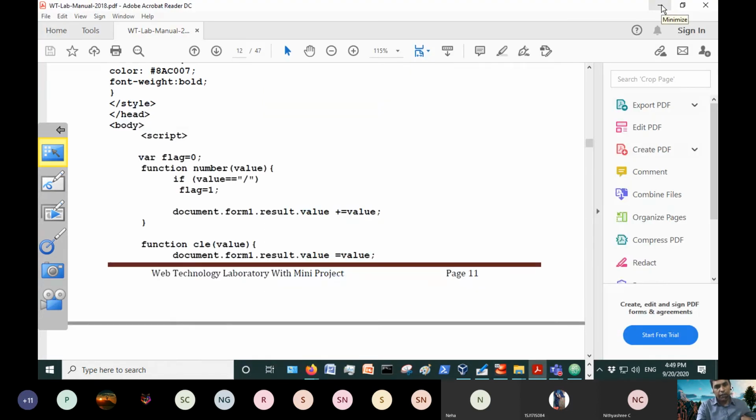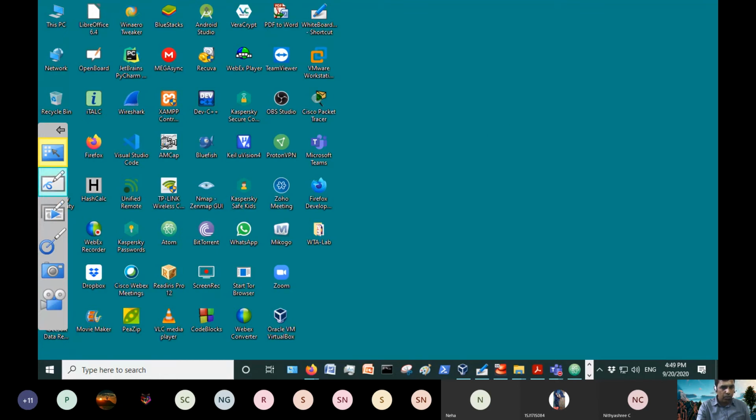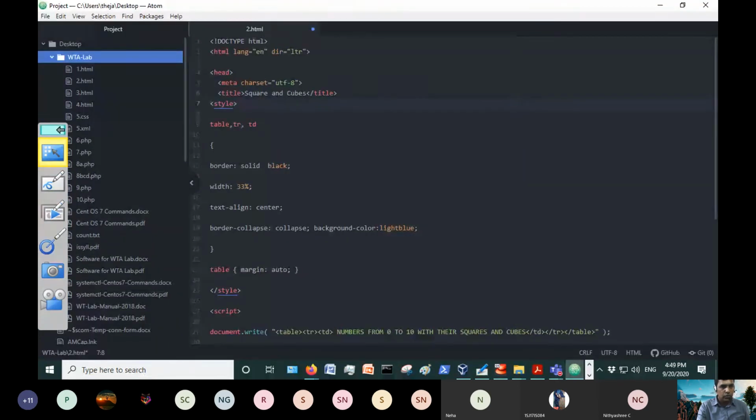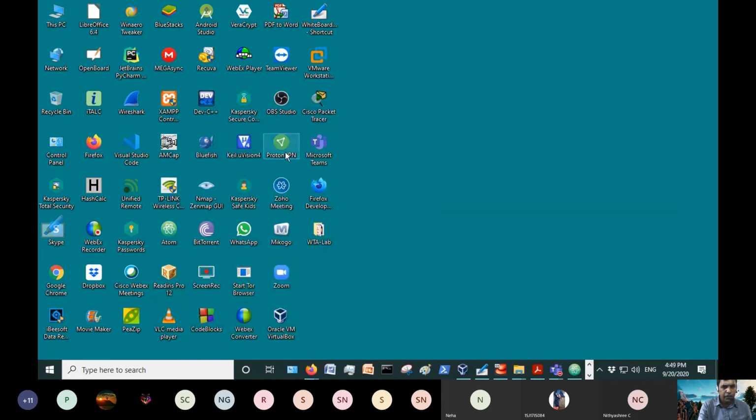I think everyone will execute in Windows and Linux. Before concluding, I need to give you one important thing. I need to tell you about the Atom editor. Already I have opened it. I think everyone has done it. There will be many other windows; I have closed them. You can click on it if you have installed it on Windows or on Linux. You can have this desktop icon, and when you double click on the Atom icon, it will open.